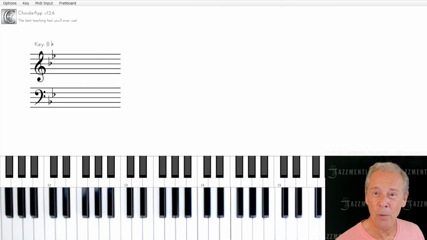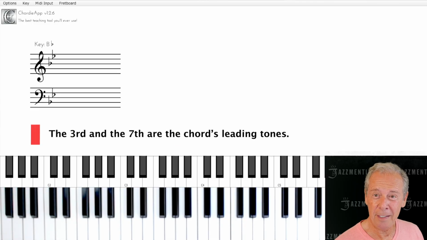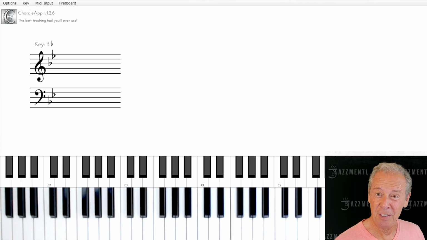Now the most important notes of each of those chords is the 3rd and the 7th. The 3rd tells you what type of chord it is, which is major or minor, and then the 7th denotes whatever happens with that chord. For example, it's a flat 7 or a major 7. So then what I recommend to people is that you cycle through the fifths using the 3rd and the 7th